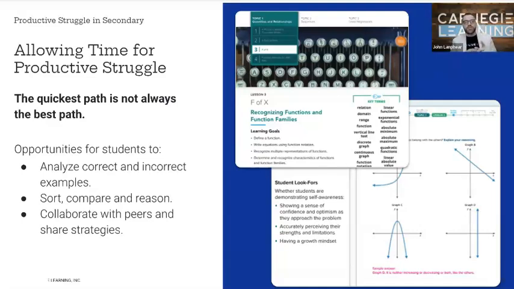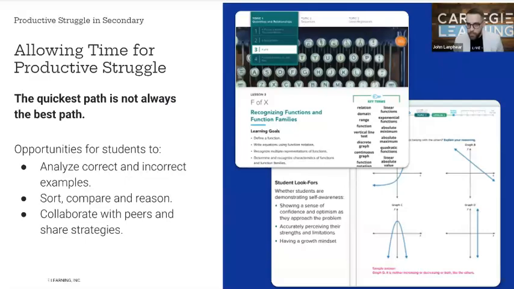And the reason you'll notice where it says the quickest path is not always the best path in bold is because shortcuts can sometimes limit that productive struggle when we present those first. So thinking back to that resilience and perseverance, the critical thinking, and instilling confidence in students,